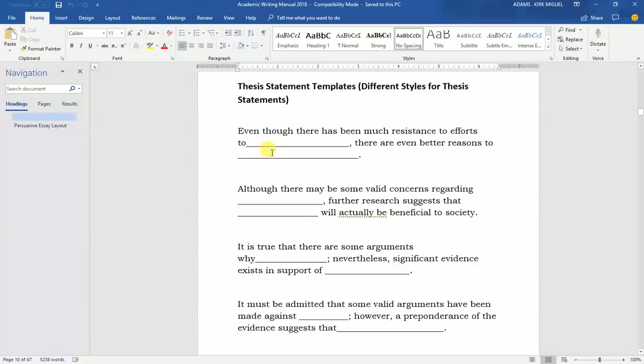I'm going to improvise a little bit here. Even though there has been much resistance to efforts to decrease carbon transmissions, there are even better reasons to promote these kinds of measures. So we've got this idea of decreasing carbon transmissions, and it's supposed that for a topic like this, there are always going to be 2 different sides, and